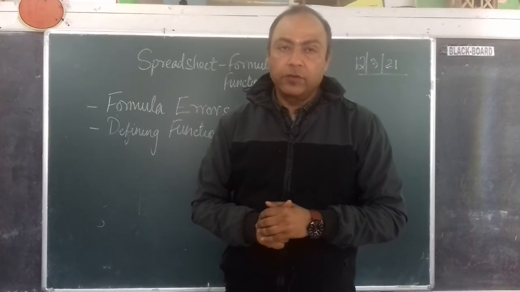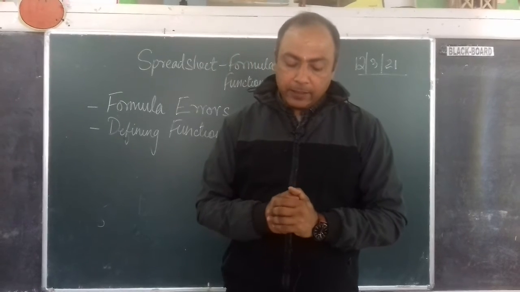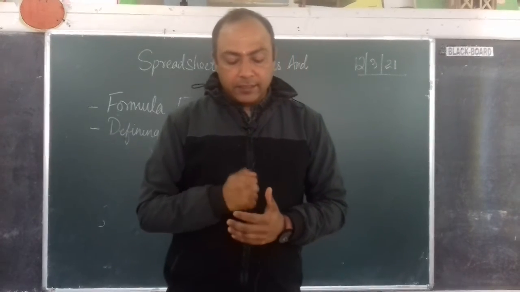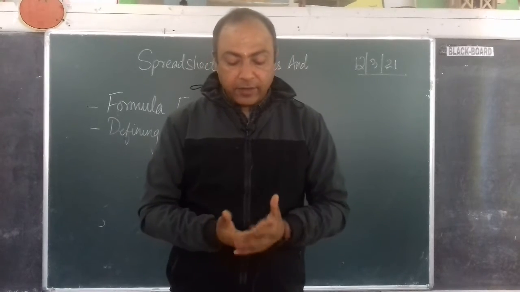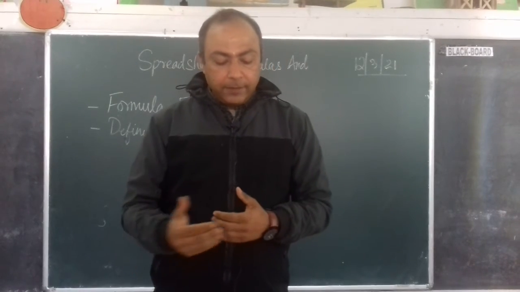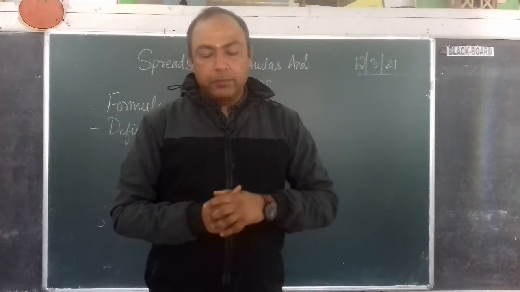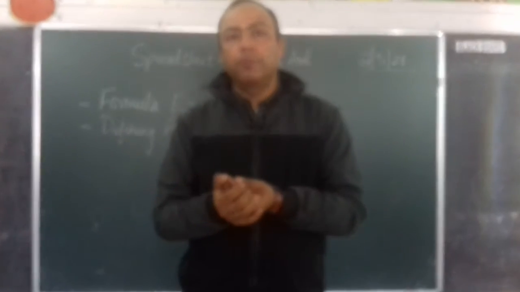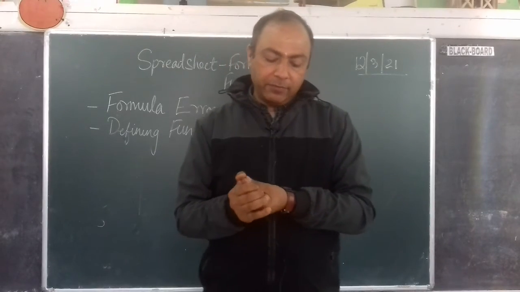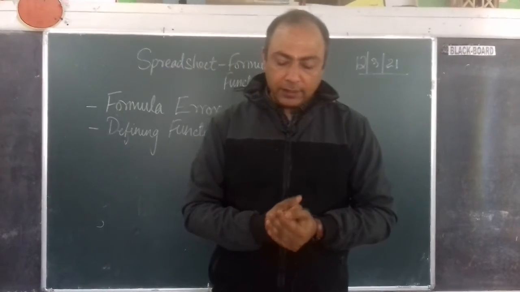Now the average function. Another common type of function which is used is the average function. This function determines the average of the values of cells. It calculates the sum of the cells and then divides that value by the number of cells. So the total sum divided by the number of items is the average. The average function returns the average value of the cells.